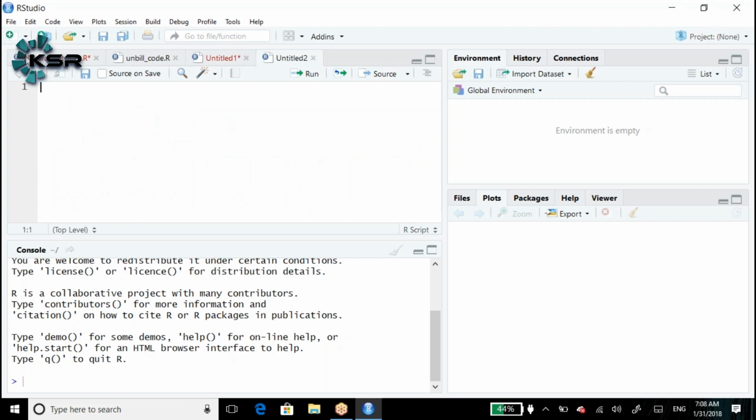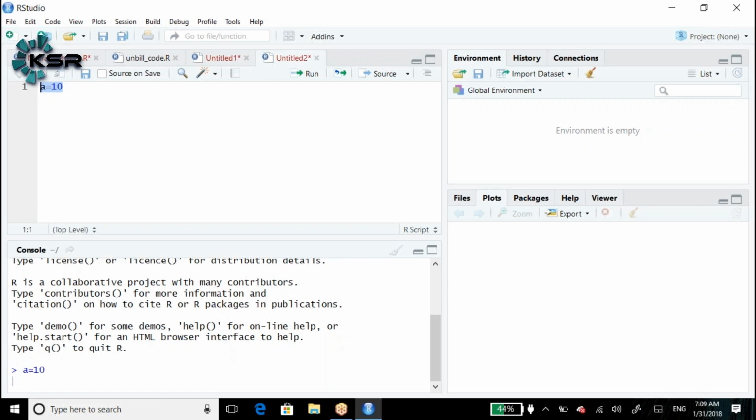By default in R, each and every object is going to be stored in the form of vectors. An object means one variable. For example, A is equal to 10. What does it mean? 10 is going to be stored into A. A is equal to 10 means the value 10 is going to be stored into A.